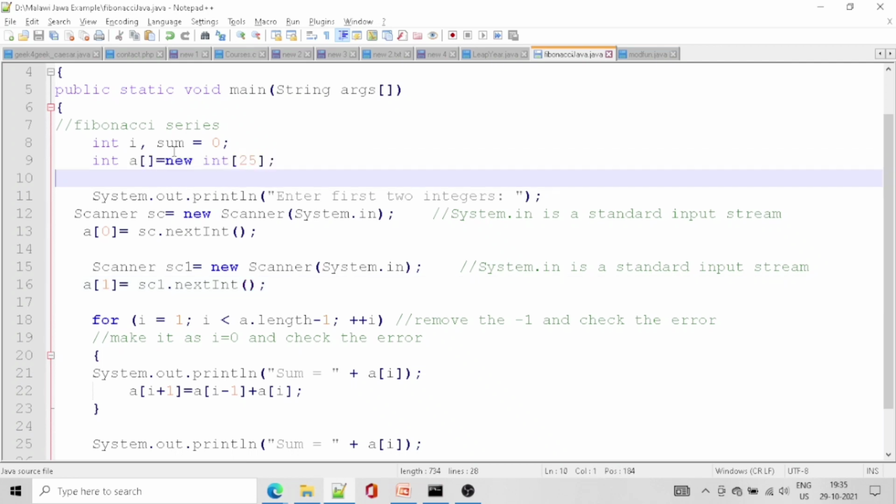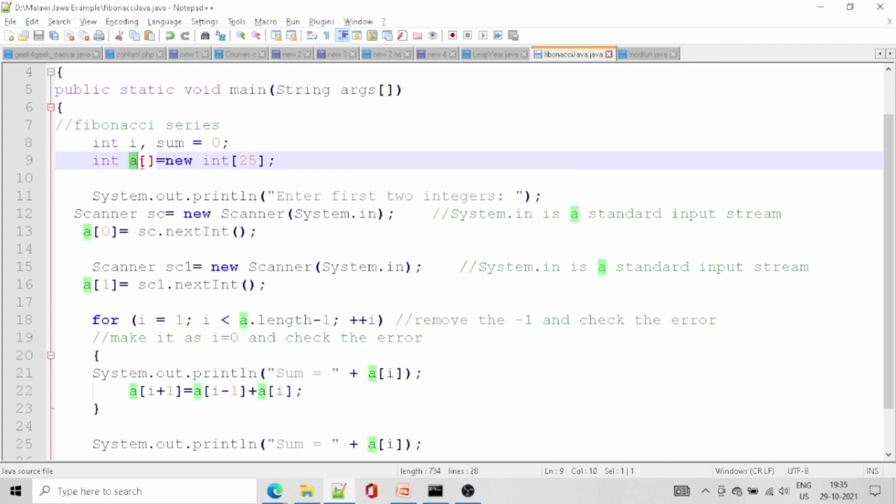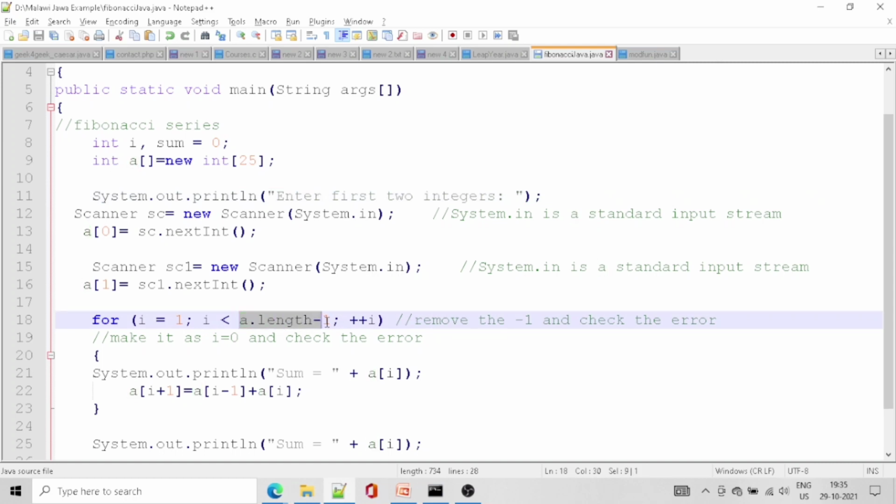We are declaring A as an array with 25 as its capacity or length. Here we are getting A's length and defining it as minus 1. I will tell why I put minus 1 here before the end of the class.